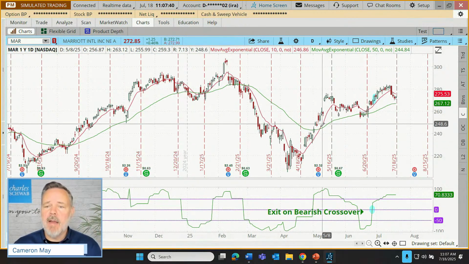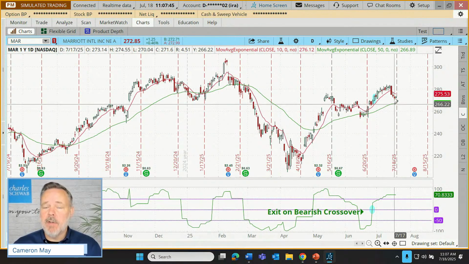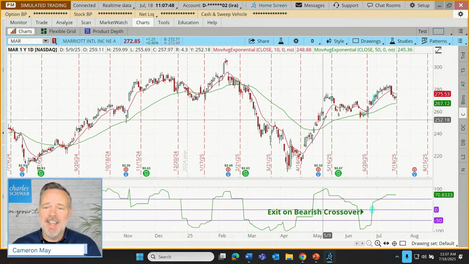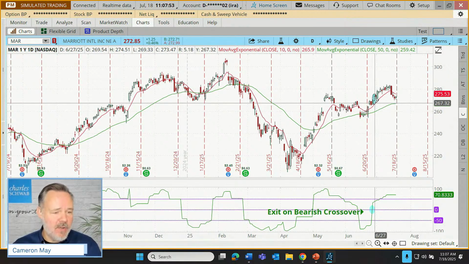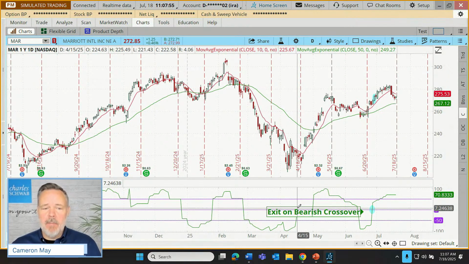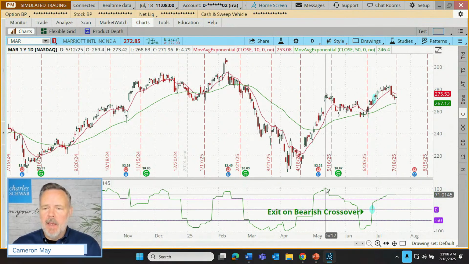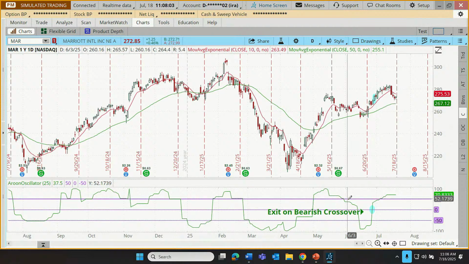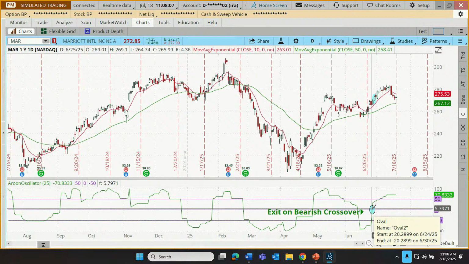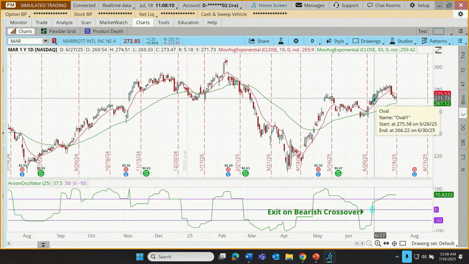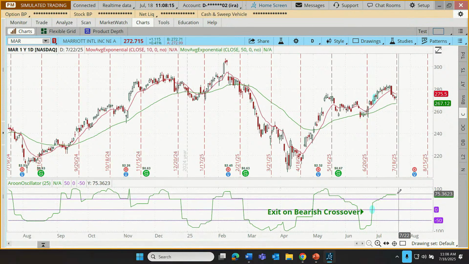We have a shorter term moving average combined with a longer term moving average. And as long as the short term is above the longer term, for some traders, they may consider that to be an intact upward trend. And then we're looking for an entry signal within that trend, which is found down below. In this case, we're using the Aroon oscillator as our entry. And the specific entry here was our green Aroon oscillator line rising up over our zero signal line. So that happened here. We took an entry just after, and we're going to hold on until we get a crossover in the opposite direction.